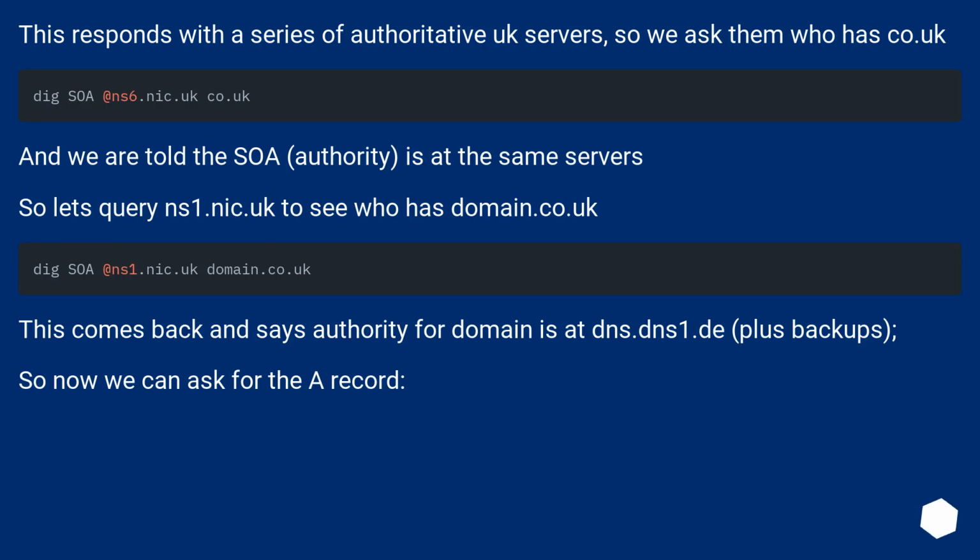This responds with a series of authoritative UK servers, so we ask them who has co.uk. And we are told the SOA authority is at the same servers. So let's query ns1.nic.uk to see who has domain.co.uk. This comes back and says authority for domain is at dns.dns1.de plus backups. So now we can ask for the record